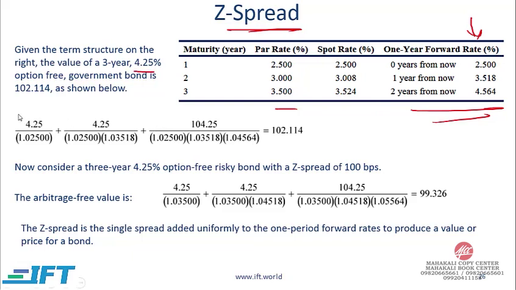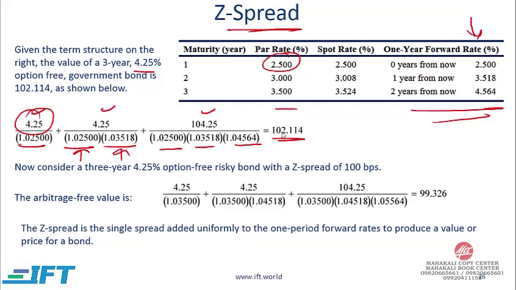We simply take all the cash flows. So this is the first coupon, the second coupon, and then the third coupon plus the par value. And then we can discount. So the first cash flow is discounted at the 1-year spot rate. The second cash flow can be discounted at the 2-year spot rate, or we can simply multiply these two numbers, the current 1-year spot rate and then the 1-year forward rate after 1 year, and then the third cash flow is discounted like this, and we get